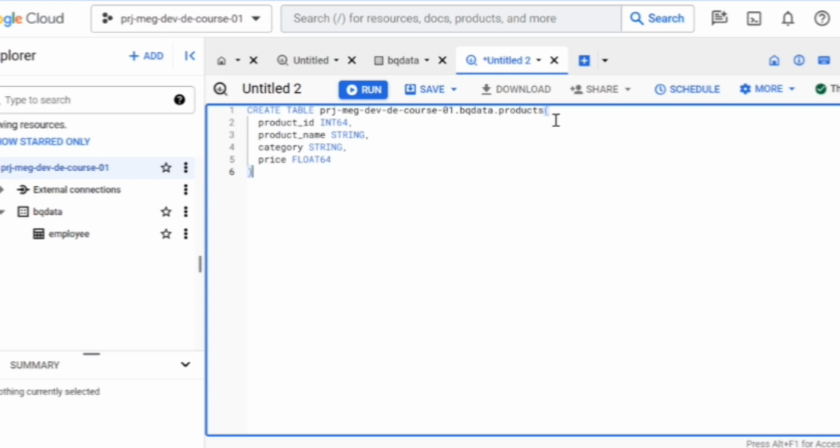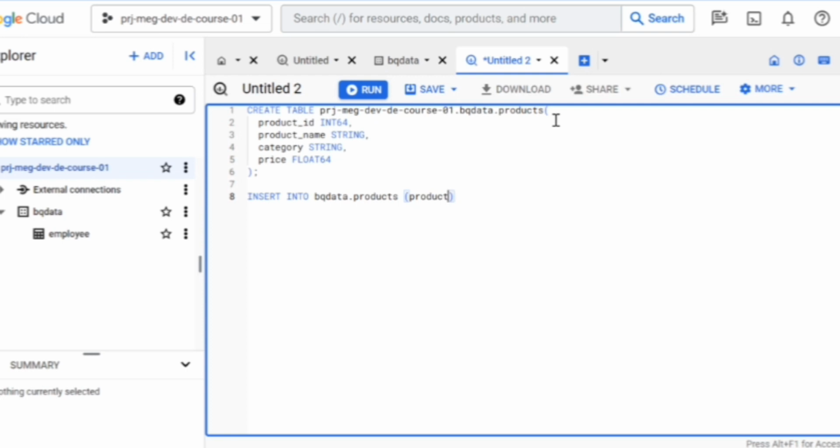Then let's see how to insert values to this table. Insert into. Then the data set we need to specify. Then the table name. Inside the braces,